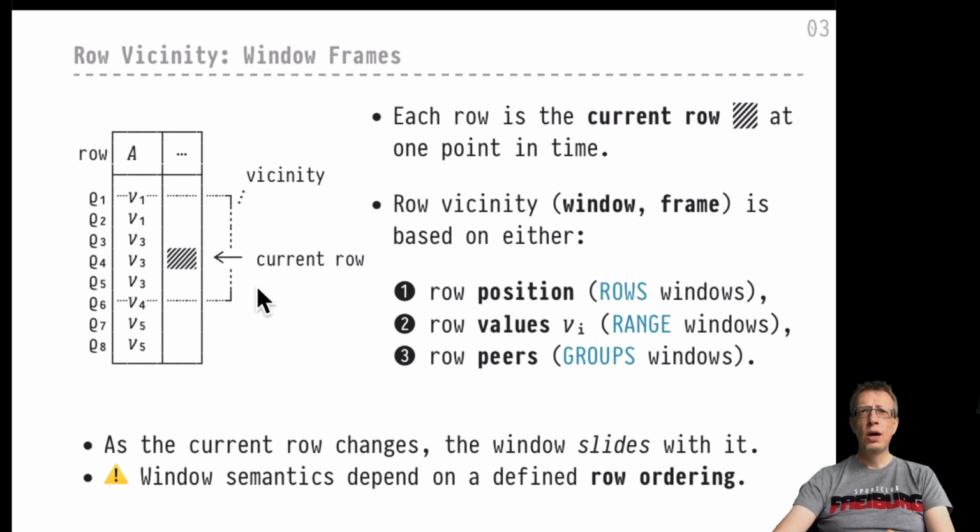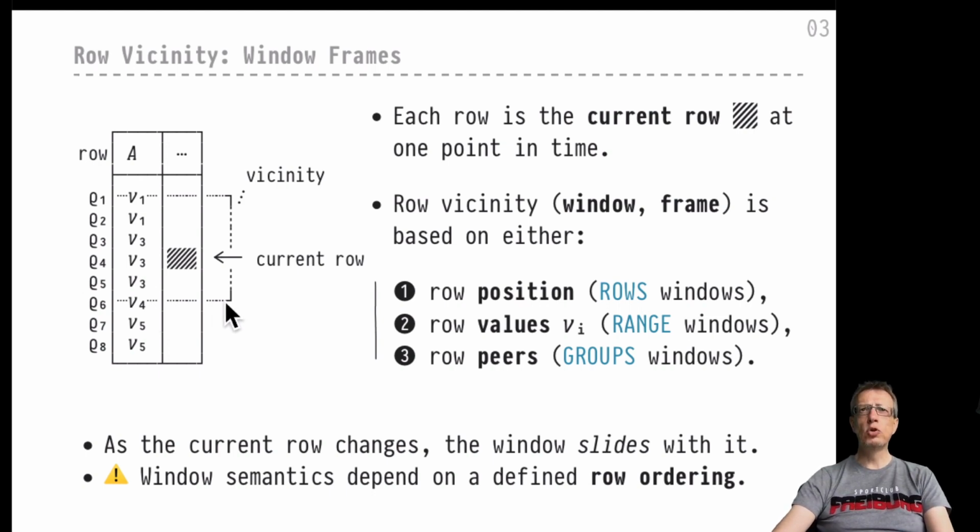There are different modes, as I told you already, on how to define or how to identify the rows in the vicinity. Which rows are considered the neighbors, which rows are considered the context of the current row. We will look at all three of these. They are subtly related, but they differ in detail. So the first would be the rows windows, where we just look at the current row and then count backwards and forwards, like 3 rows before,